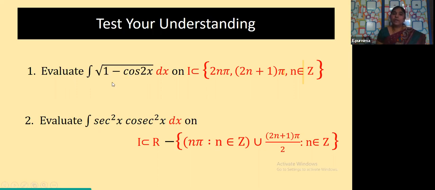Under root of 1 minus cos 2x is similar to the sum we did with 1 plus cos 2x. It should be done similarly. 1 minus cos 2x is there here, change it accordingly. And here secant square x into cosecant square x is there. What is secant square? 1 by cos square. What is cosecant square? 1 by sin square. So, what formula comes to your mind? The sin 2x formula comes to your mind or not? So change it to sine 2 theta form and try to do it. Clear, children? These are the two sums given for you.